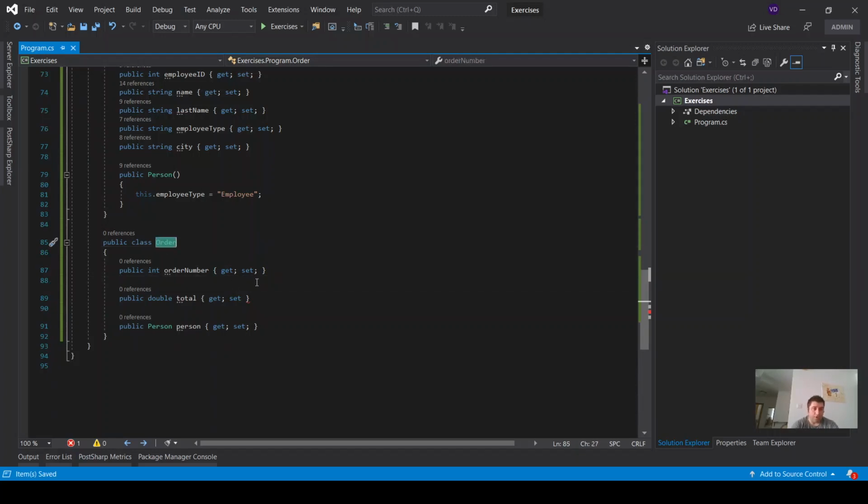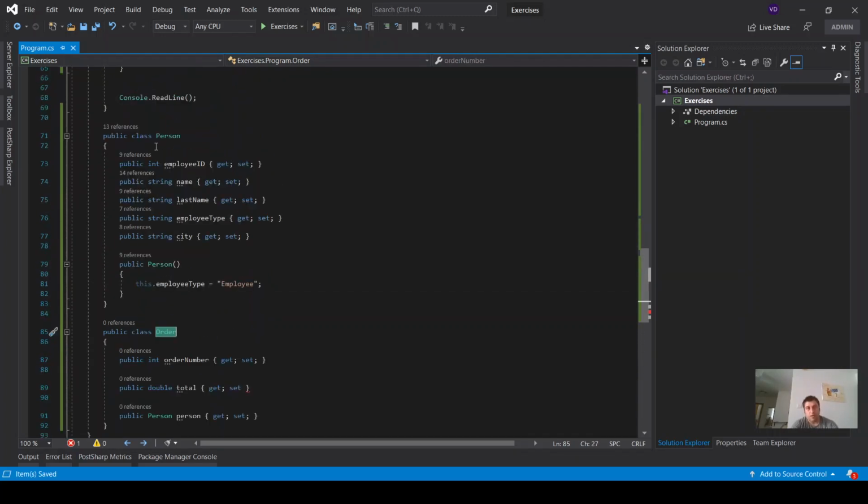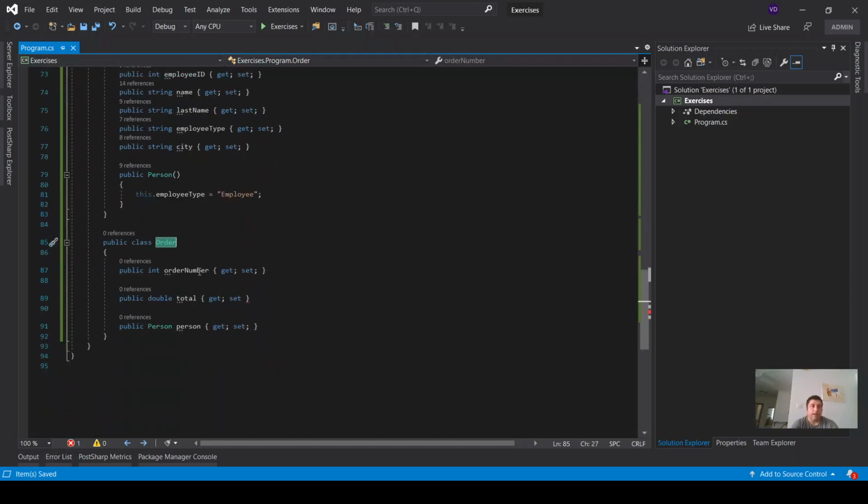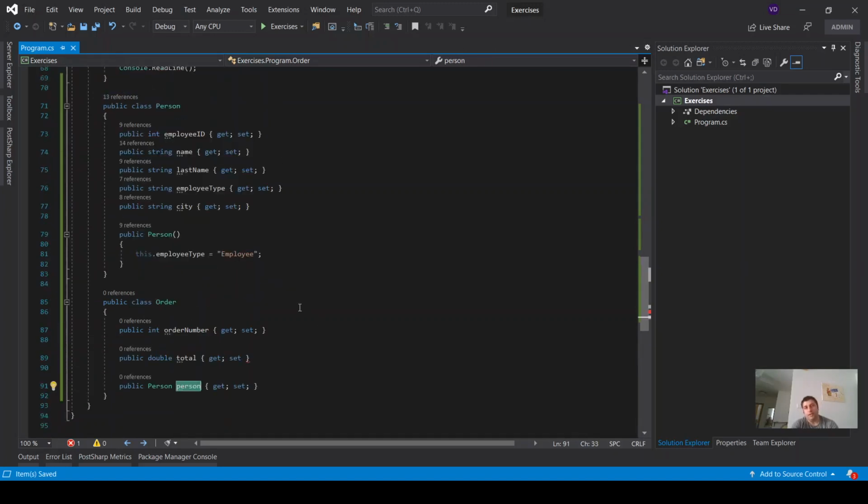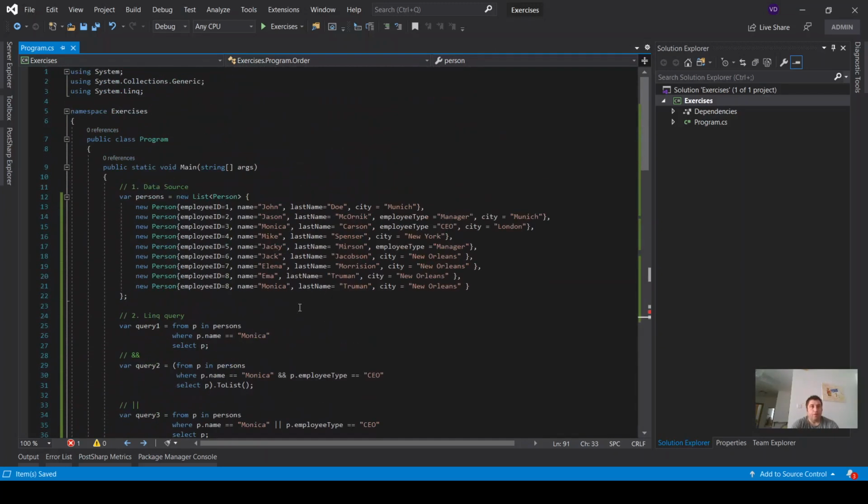For storing the orders, an order actually per person, with an order number, with a total, and then which person actually has an order, right? And now, in order for me to further move on with all of this, I'm going to copy and paste